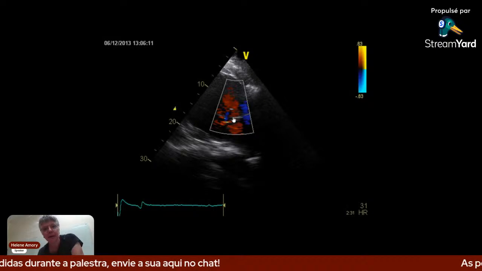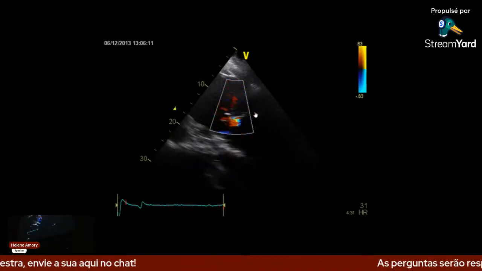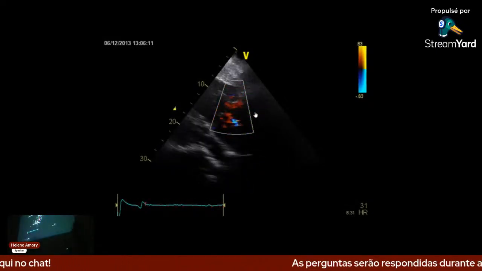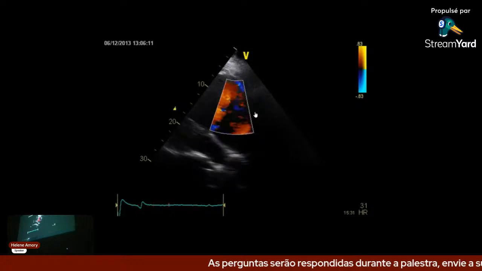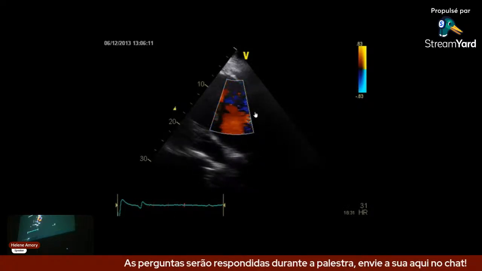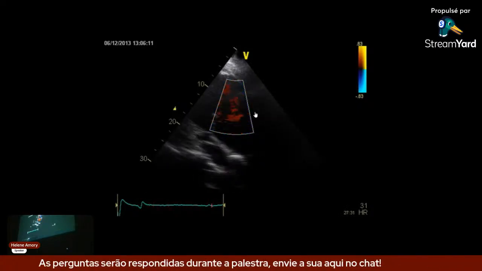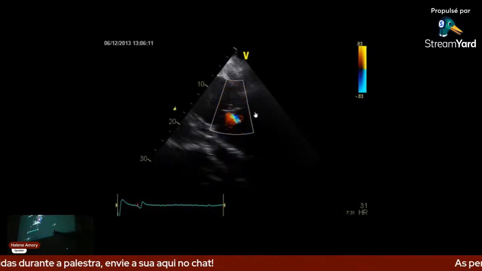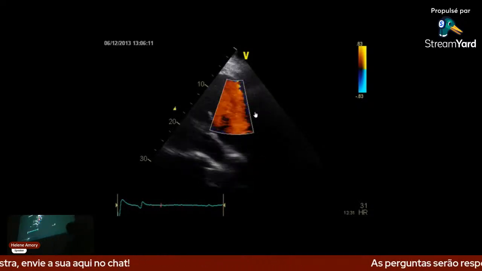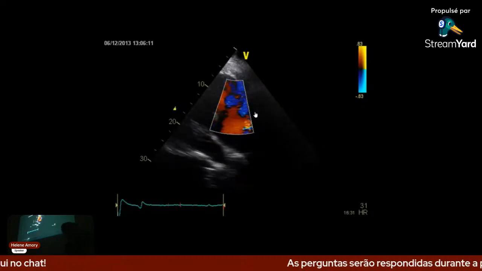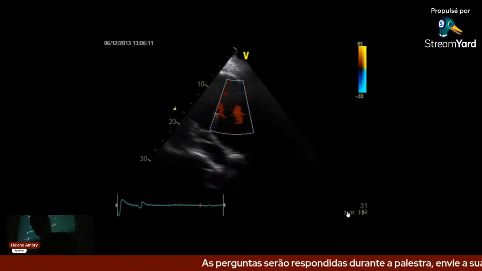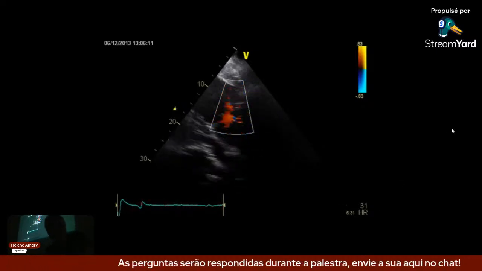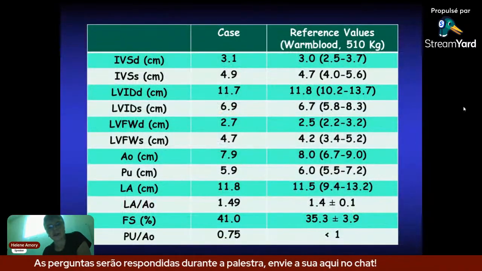Okay, this is the last one. What do we see? A small mitral insufficiency. Yeah. Okay, it's not very severe. You remember the one before? We saw a lot of mitral insufficiencies because it's the problem we see the most frequently. It's not just by chance that we have that.